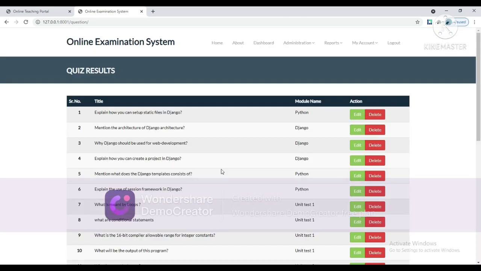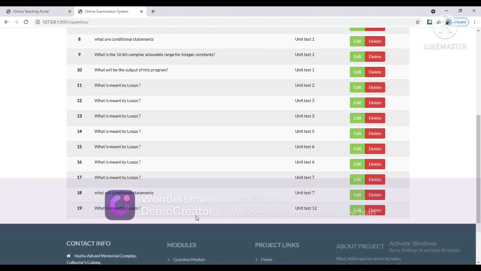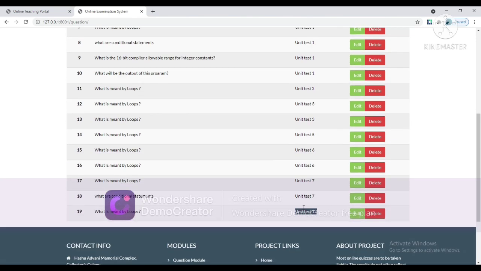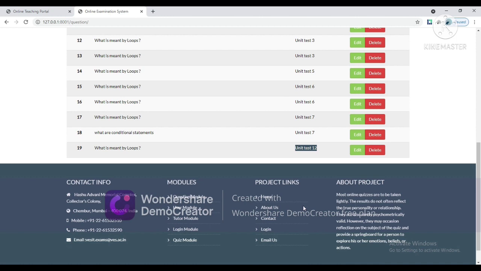By clicking on submit, this question gets added to unit test 12. As soon as the student views this question paper, he can see that the question is available, and now the student has to attempt the particular question.